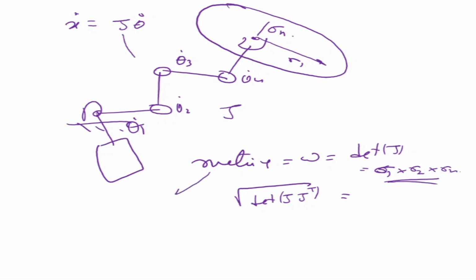This is independent of whether the matrix is square or non-square. If it's a square matrix, it's easy to find. If it's non-square, singular values can still be found, and we know the determinant. The determinant is the metric of the directions in which you can move easily and those in which you cannot. That is very important, because when we are moving, your energy consumption depends on this.